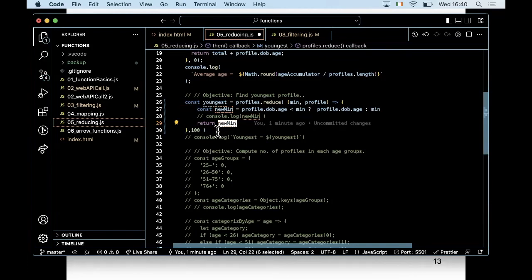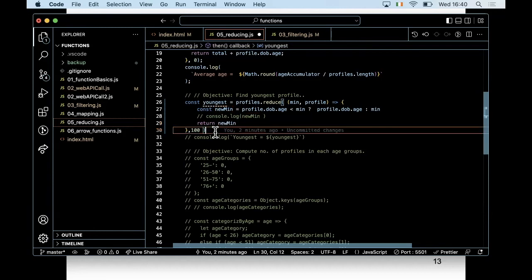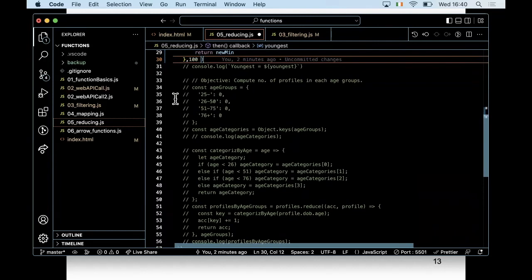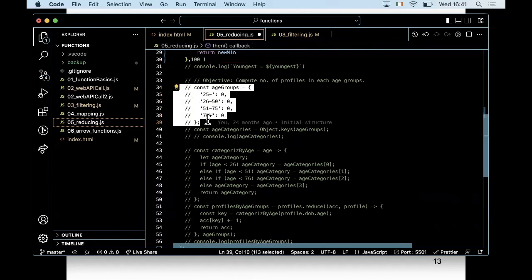So in terms of accumulating, we're not really doing an accumulation here. We're just looking for one particular value within the array. And again, you could have done that with a for loop, but that wouldn't be the kind of JavaScript way, if you like. You can study this code later on yourself. The third example is certainly the hardest of the three that I could come up with. The third example, what I want to do is,